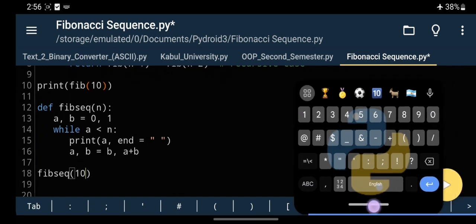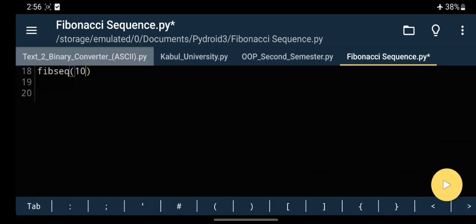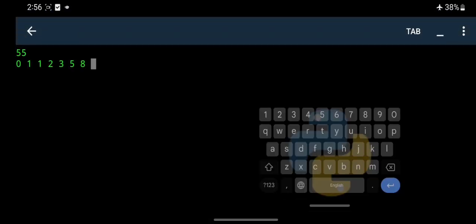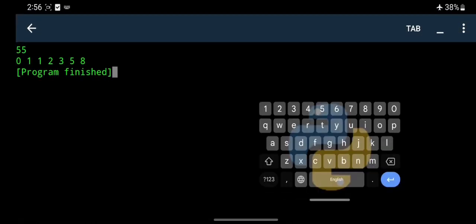Okay, fibsec 10, and let's just see the difference. The keyboard is causing problems, so let's just run. And here you go, as expected. So fib 10 gives you the 10th Fibonacci number, 55, and fibsec 10 starts the Fibonacci sequence and runs